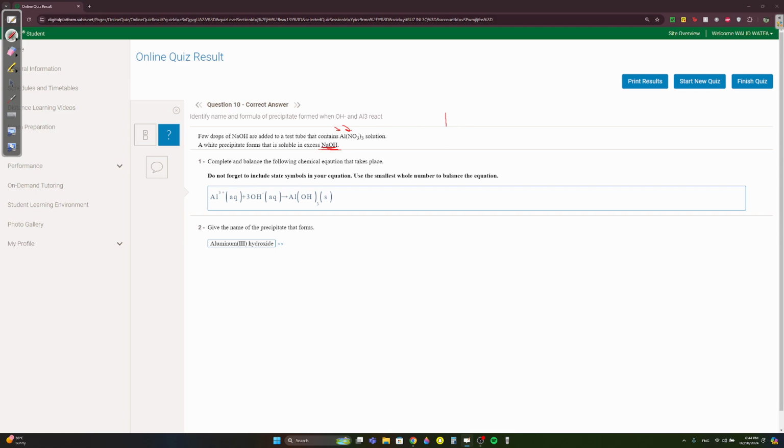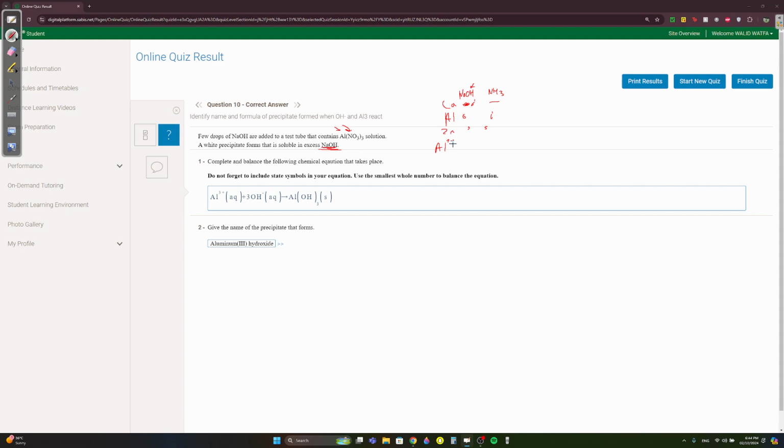You know, in our table, when you add NaOH and NH3, this one we said was insoluble, and this one's no reaction. This one is soluble, this one's insoluble, this one's soluble. We know that aluminium is soluble in excess NaOH, right? When you add aluminium to NaOH, you're going to get